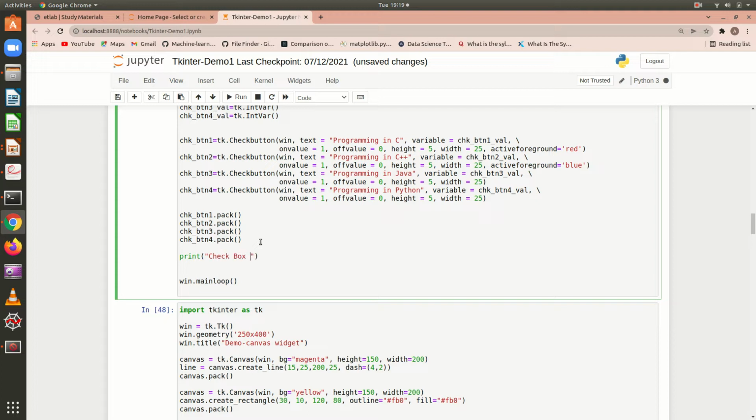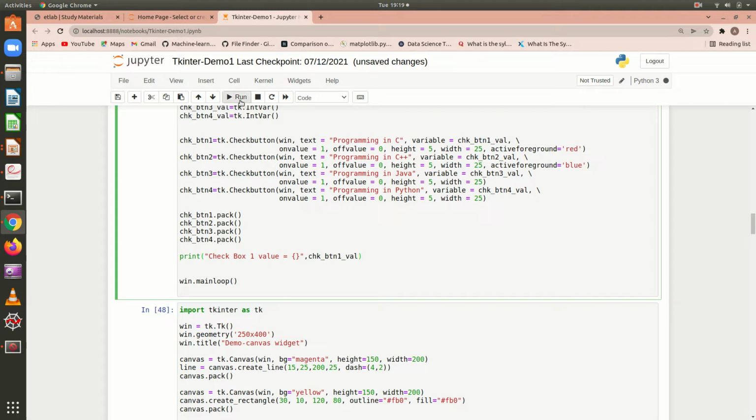Okay, and let us see that I try to print the checkbox 1 value, which has check button btn 1 underscore value. So this is the variable which is associated with checkbox 1 value, right?